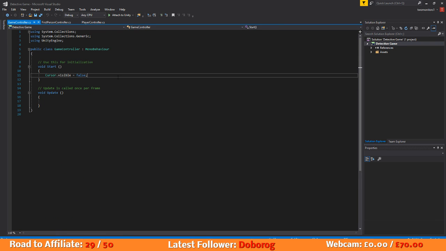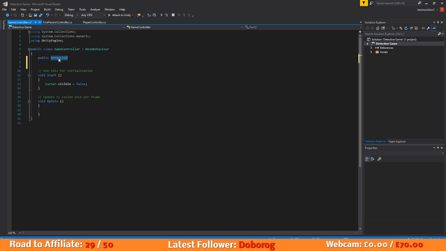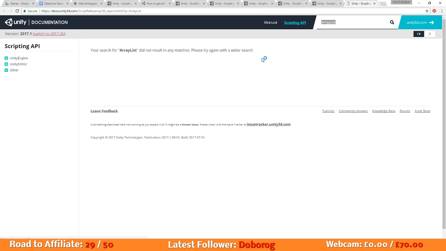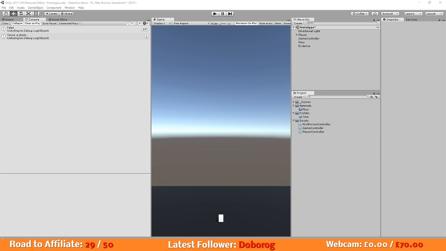Okay, so in here, we want to create a public array list. What's an array list actually? Never touched these before. We want to create an array basically. So public game objects